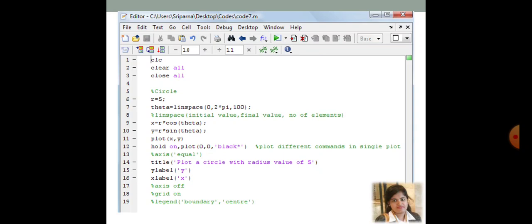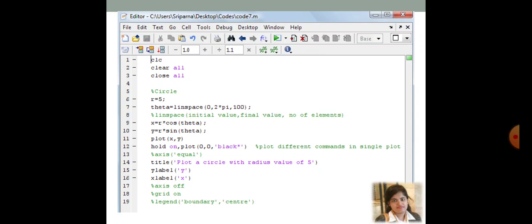Cos of theta is an element-wise cos function, so for each element value present in theta we take the cos of it. So the cos theta function is going to give you 100 elements, as theta has 100 elements.